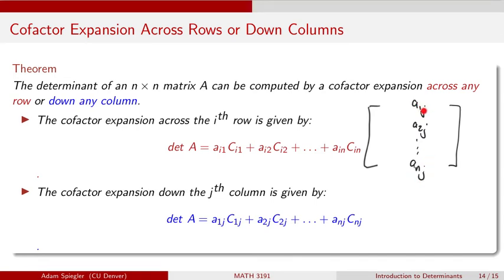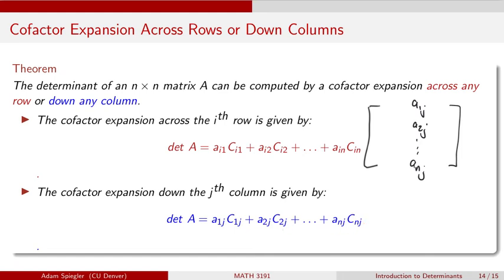I pick the first entry in that column, A1j, and depending on whether 1 plus j is even or odd, we have a plus or minus sign, and then we multiply by the determinant of submatrix A1j. So I would eliminate all of these entries, and we have an n minus 1 by n minus 1 matrix that we would calculate the determinant of. That negative 1 raised to the power of i plus j times the determinant of the submatrix, we call the cofactor. So I can write this cofactor expansion down a column as A1j times cofactor 1j